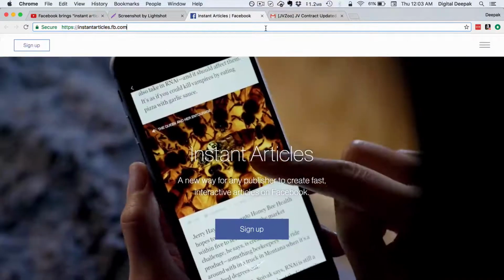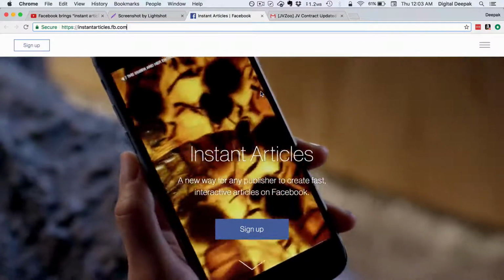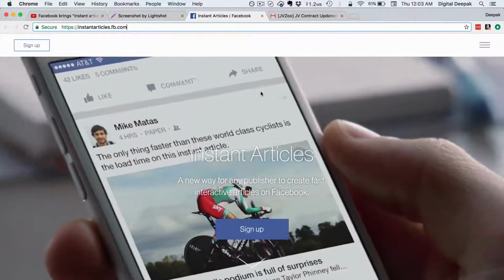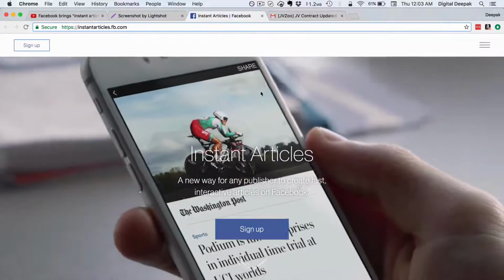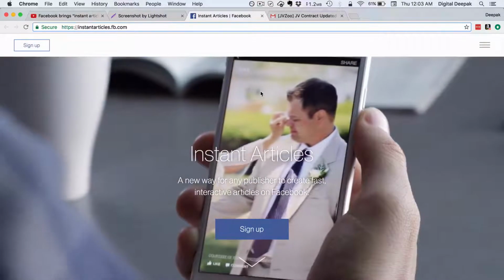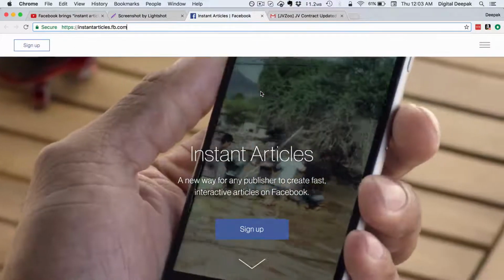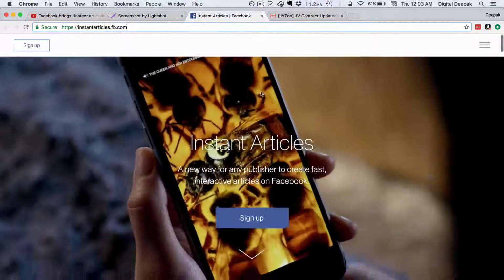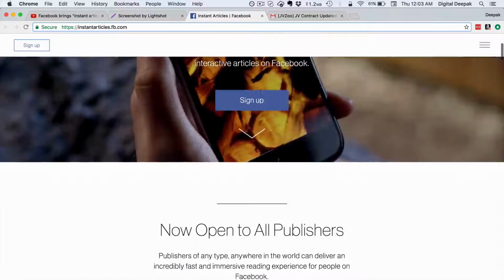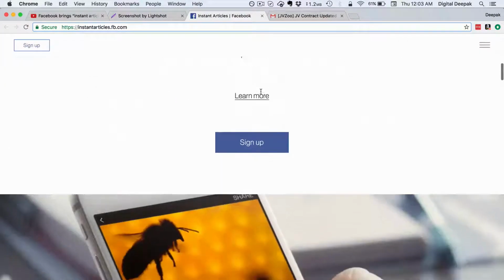So Facebook launched this new platform called Instant Articles where, as a blogger or a content creator, you can upload your content on Facebook. Whenever people visit your website from Facebook, Facebook will host the content for you and deliver it from their own servers. Facebook has optimized the delivery of images and text on this platform, so this basically results in faster load times.